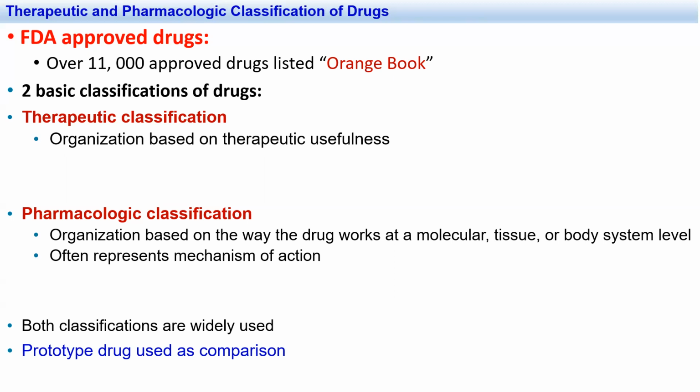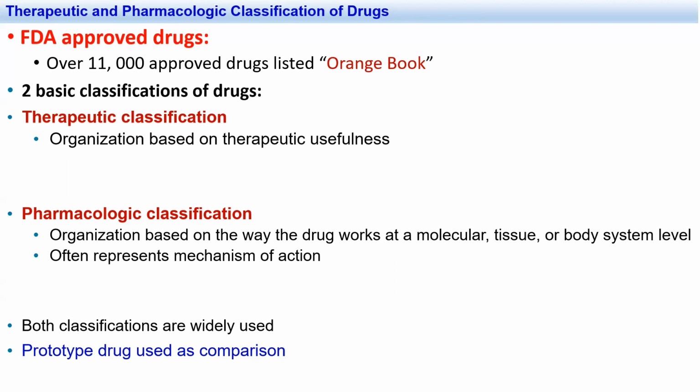Pharmacological classification will go into more detailed, more specific mechanism, and it requires an understanding of the biochemistry and physiology. May use the drug's chemical name sometimes. Both classifications are widely used, but we are going to follow the mechanism, or the style or the structure of the pharmacology